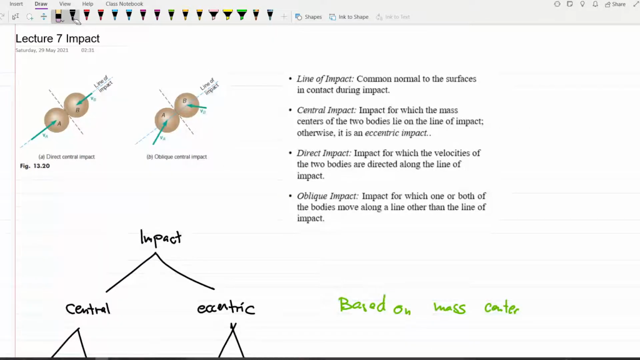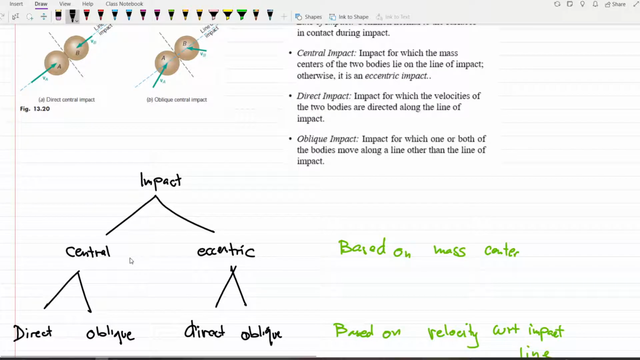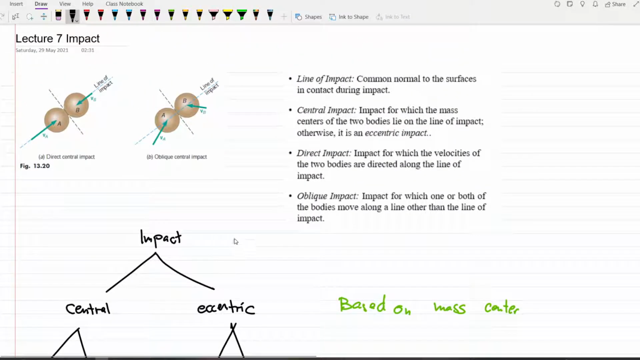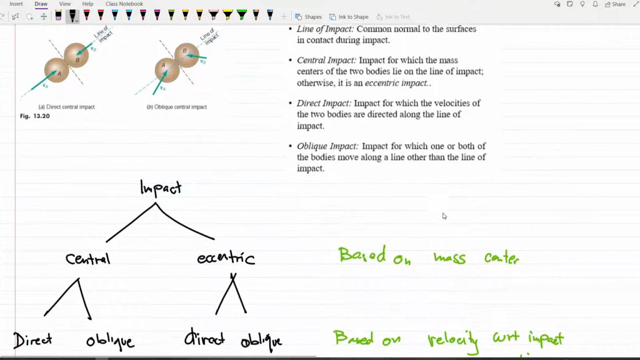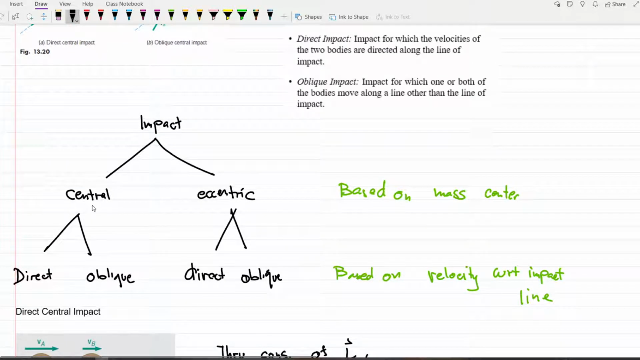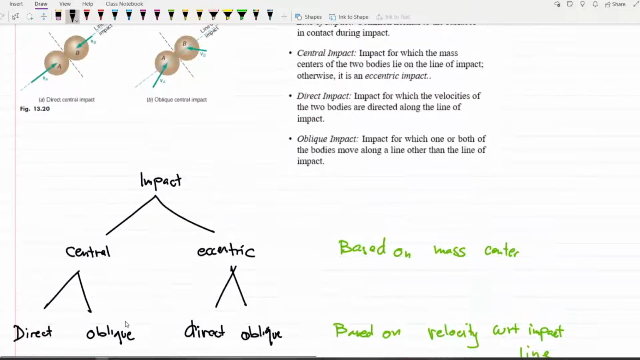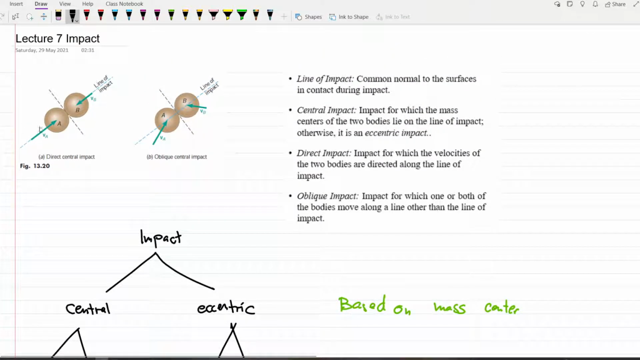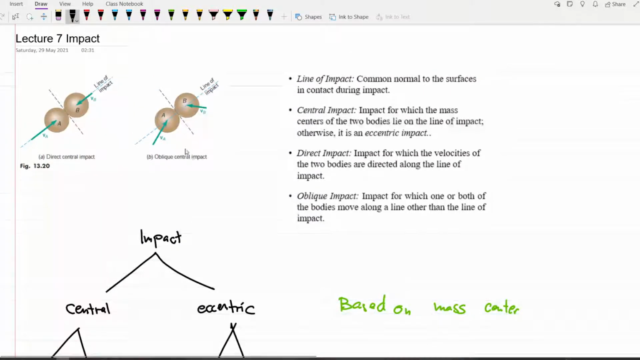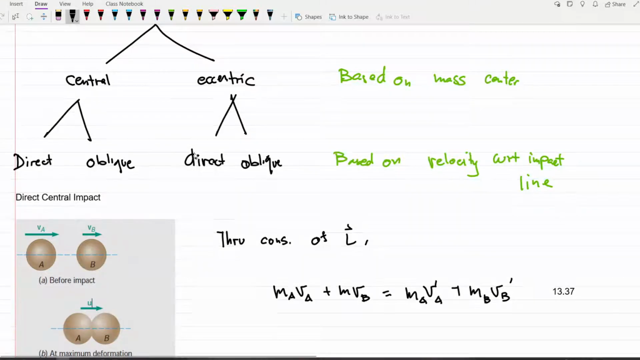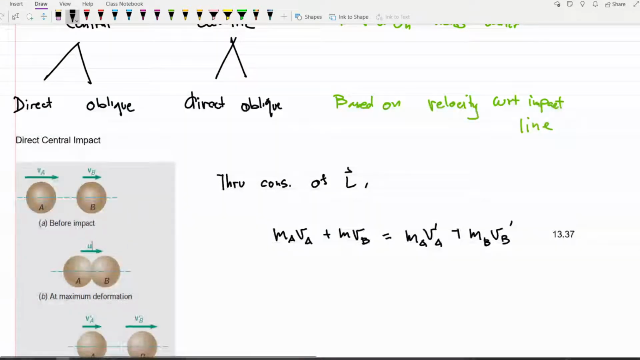Then, we can classify impact into two, central and eccentric. This is based on the mass center, and then they can be classified again as direct or oblique. Direct if the velocities are on the same line, on the line of impact. If oblique, if they are traveling at an angle. So first, for direct central impact,